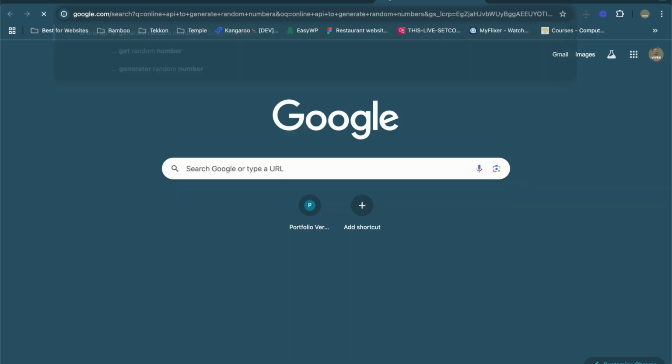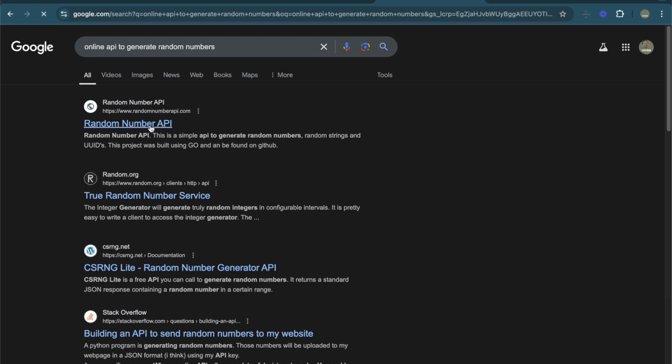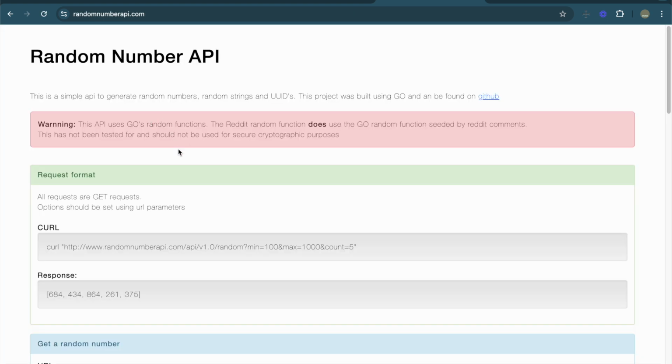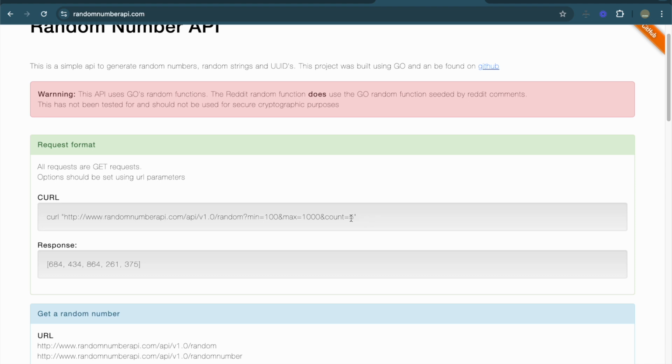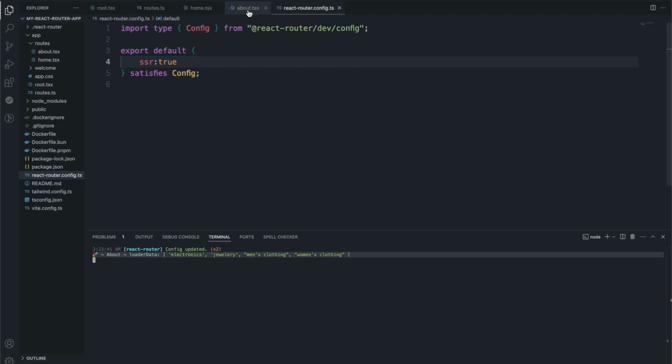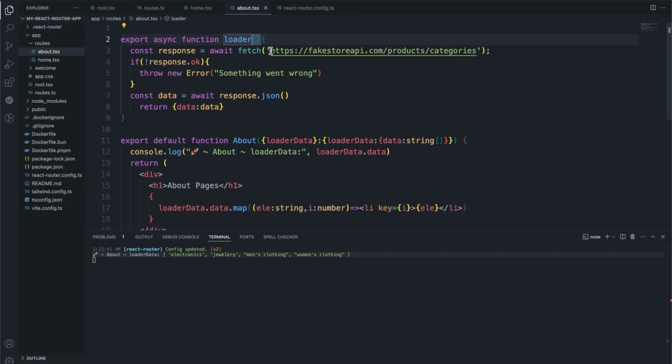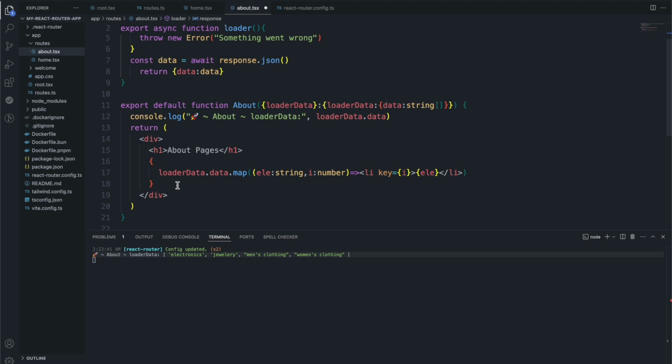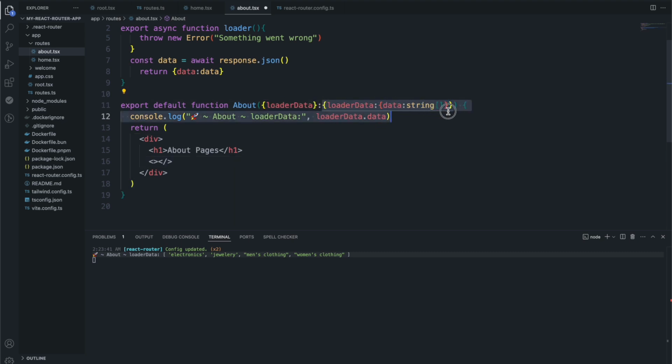Okay, we have this random number API. I want to use this API for our purpose. So I'll just go out here, copy this, and inside our about page, I will use this instead. And instead of mapping it, I'm going to give it a type any, because we don't waste our time on types now. I'll just say any,